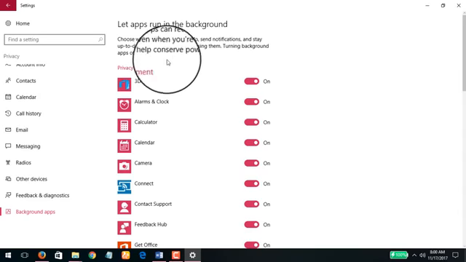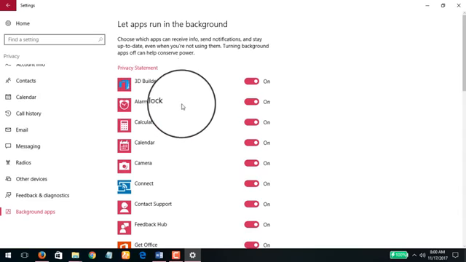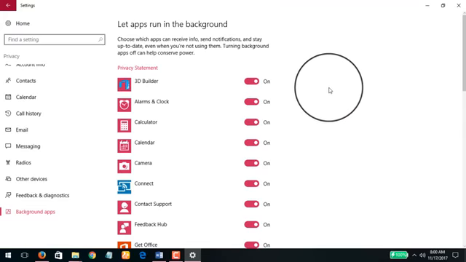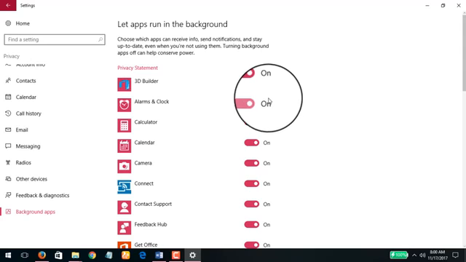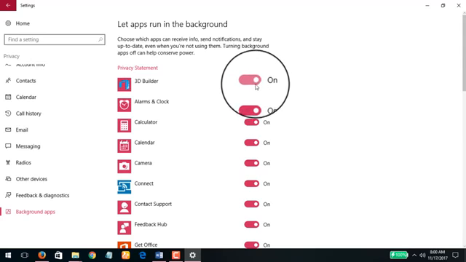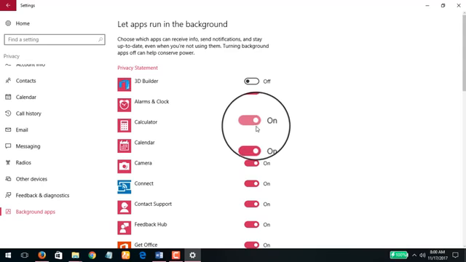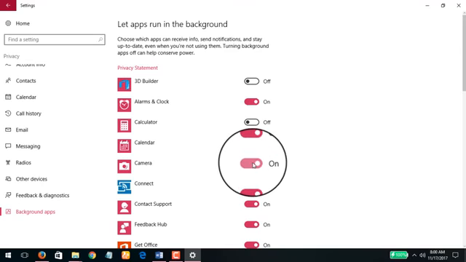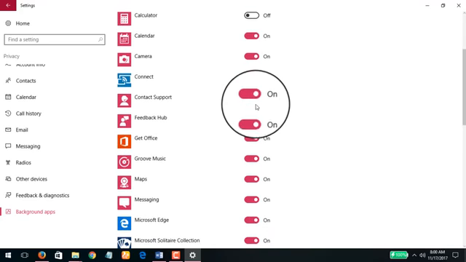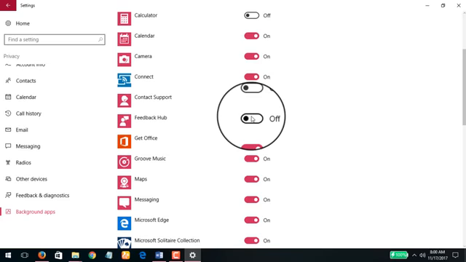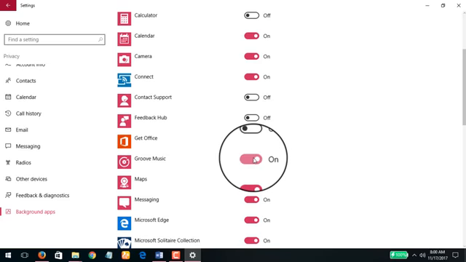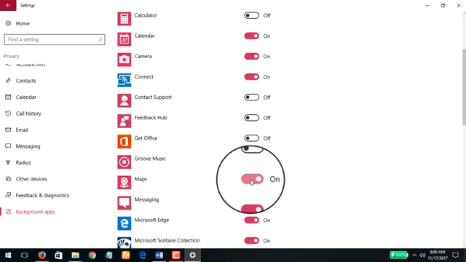So what I'm going to do is, all those apps that I do not want or really need updating themselves in the background, I'm going to turn them off. Okay, so I'll turn off Builder. Alarm, I can leave that. Calculator, I'm going to turn that off. Calendar, can leave it on. Camera, leave it. Contact Support, turn it off. Feedback Hub off, Get Office off, Groove Music off, Maps